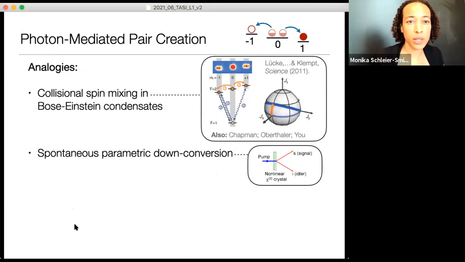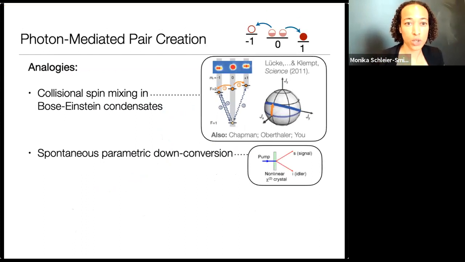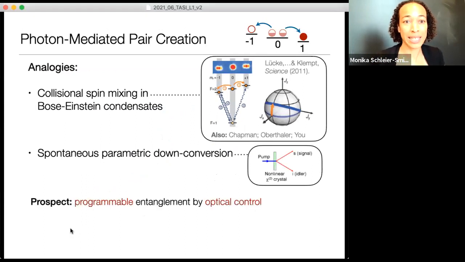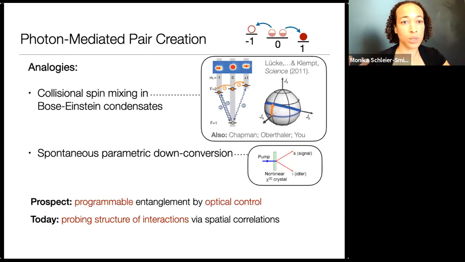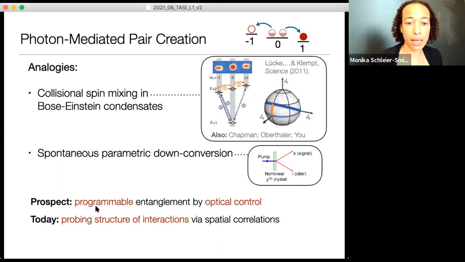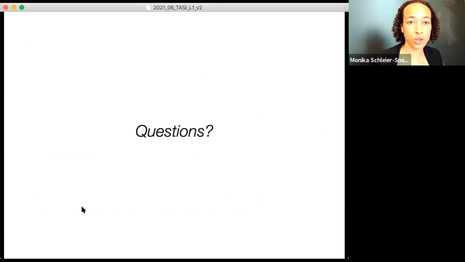But the neat thing that we're going to try to do with it is ask, can we use optical control over the structure of the interactions? Well, one direction would be to generate some designer entangled states, but this is also going to give us a means of probing the structure of interactions mediated by the cavity. And in what I've shown you so far, the structure was all to all. Every atom talked to every other, and the correlations extended across the entire cloud. Okay? So we want to take this a step further to having a higher degree of control over the interactions.